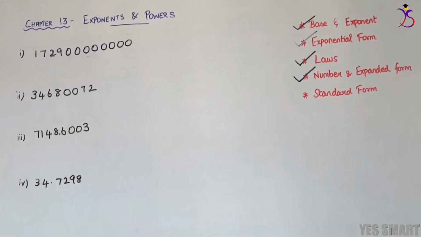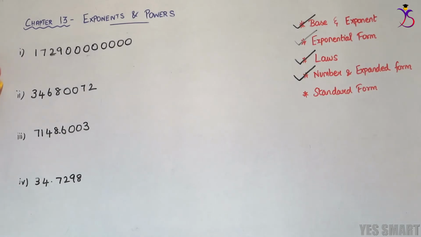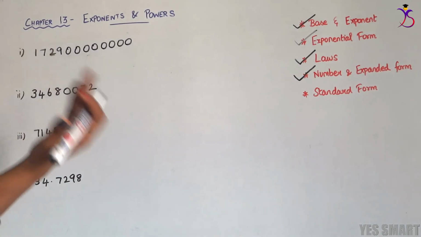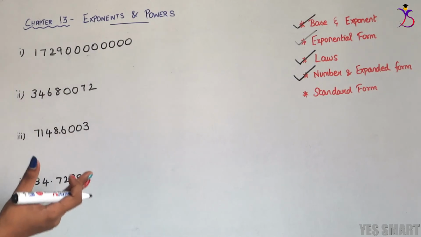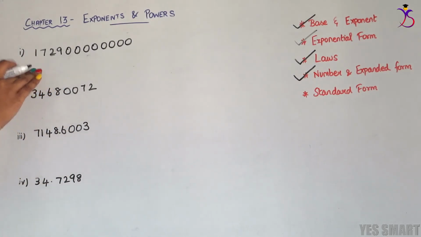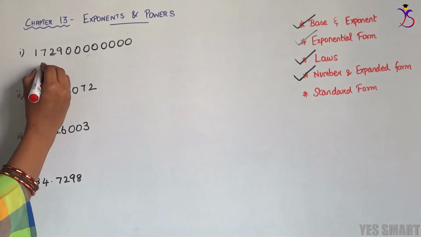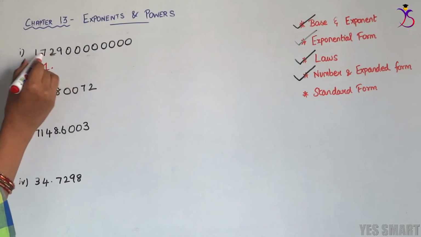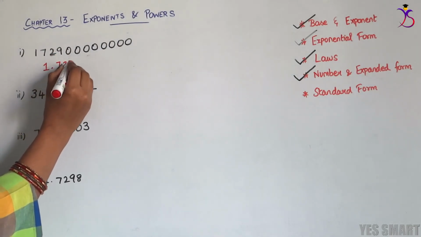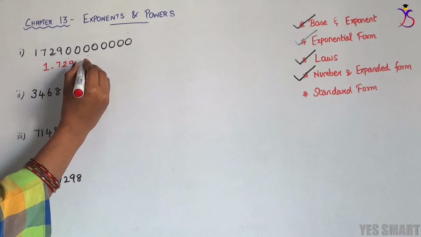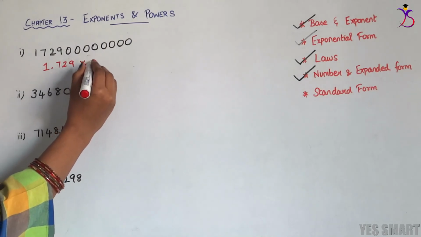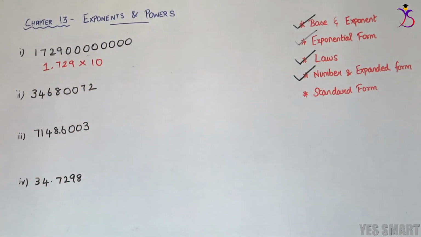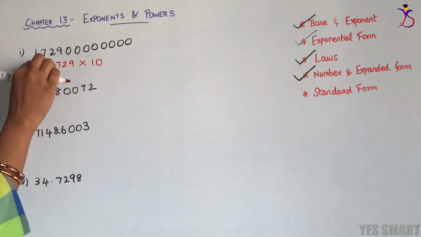In the first sum, we have a number which we are going to write in standard form or scientific notation. As we already know the parts of a scientific notation, we will represent it. The first part is a natural number, so we can retain 1 followed by a decimal point, then a few digits, 7 to 9, which is optional. If the question has digits, we can write them. If there are no digits, it's fine. Then the exponent part, 10 to the power. We have to write the power accordingly such that the value of the question is not changed.